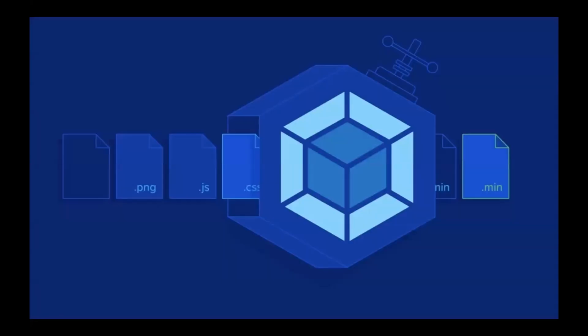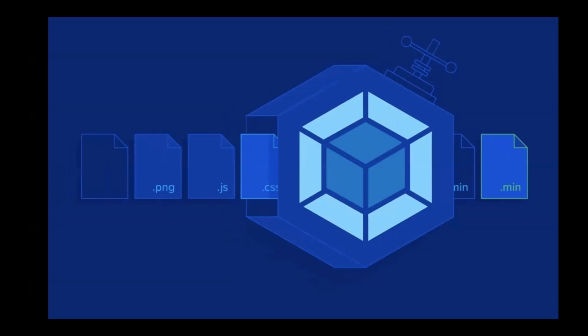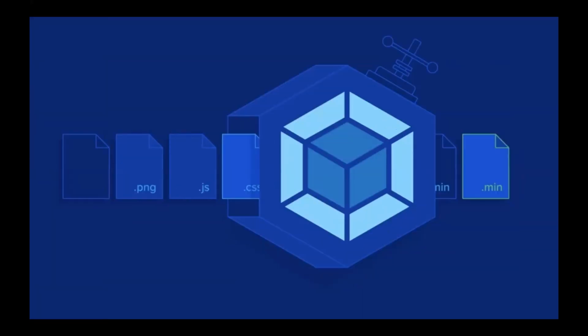When I say Webpack, everyone might have used it: they give some entry files and pass them through Webpack, and the output is a minified bundle. Are you guys following me? So it takes a set of files, bundles them, and gives you a minified bundle, min.js, and it also gives you map files, so you get a map to the bundle. This is a general overview of how Webpack works.